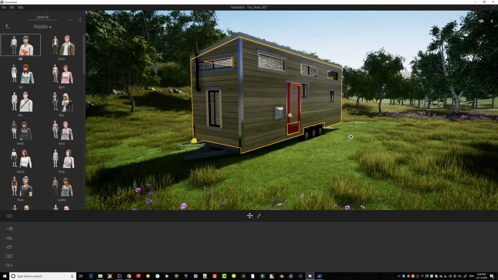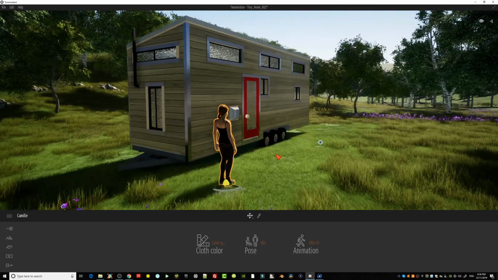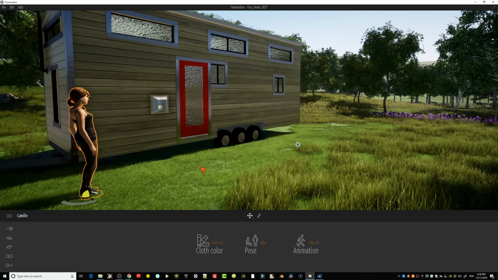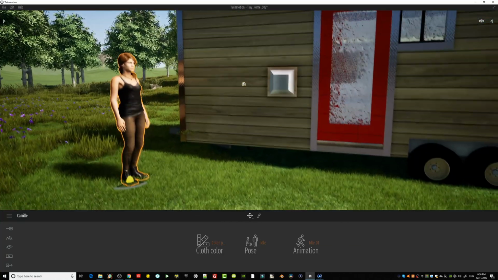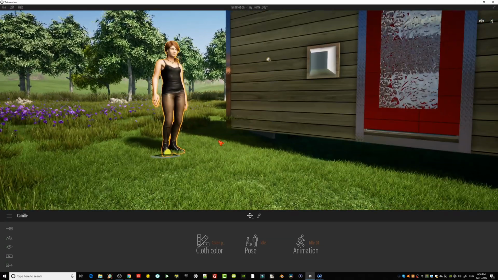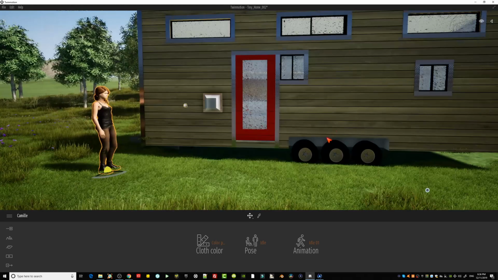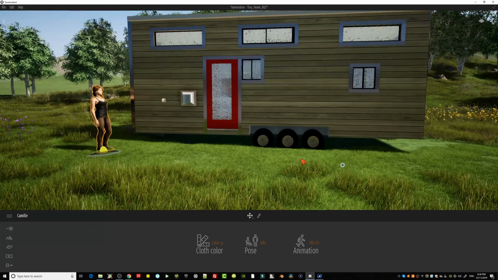So anyways, humans, people, I love people. Who is my favorite character here? I don't know. I love Camille. Yes, jeans and a nice shirt. I love her. I would marry her instantly. Honestly, having this beautiful scenery, she's right next to me, having this beautiful tiny home. What else do I need? I don't need anything else. Maybe